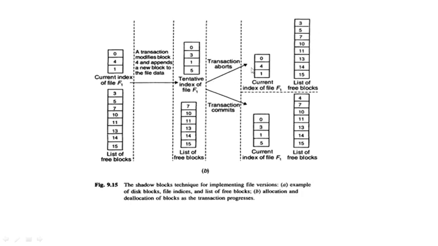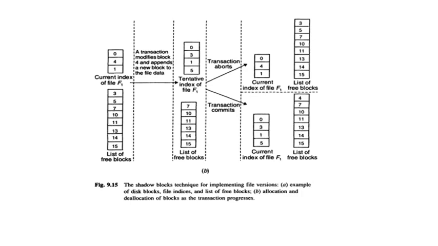But here if the transaction is aborted, it is showing 5 as a free block, but after committing the transaction on file f1, it is not there, meaning 5 is added to the index of file f1. Like this we will maintain the index blocks, and here we are not copying the whole content. We will just have the modifications.